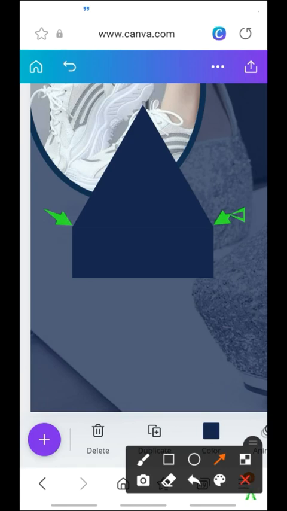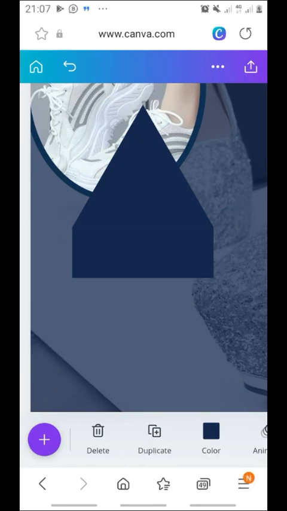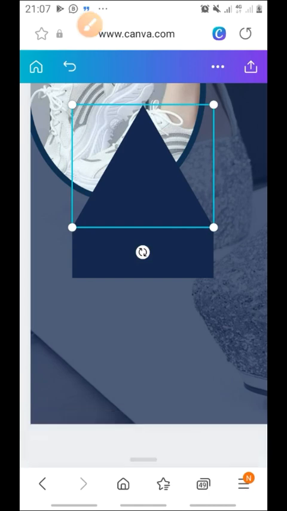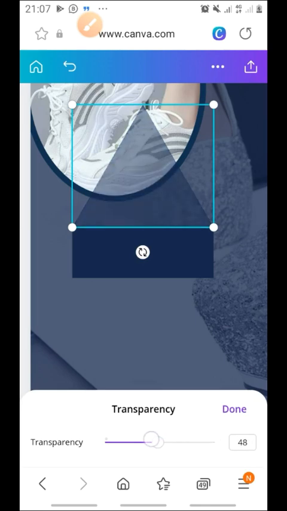Okay, now the next thing I would like to do is to change this, reduce the transparency, just to make it a little bit unique. Now can you see that I've reduced the transparency a little? Okay,